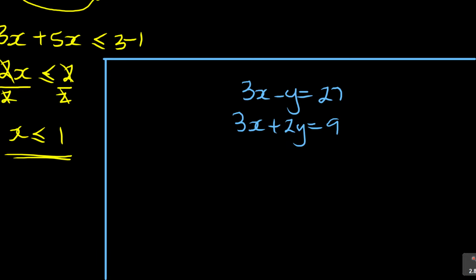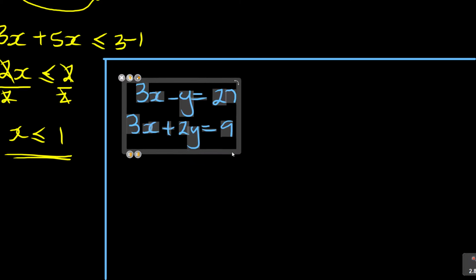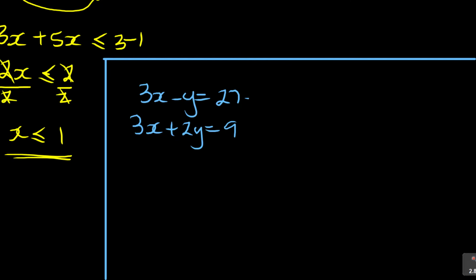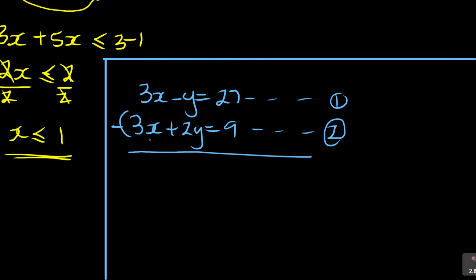So look at this. What do you do here? It's not complicated also. You have to say which one is what. So this is equation 1, that is equation 2. The good thing is, look at this, they are matching. So when they are matching like that, you don't have to struggle. You just roll off. You say, how can I get a 0? You subtract this equation 1 minus equation 2, such that you've got 3x minus 3x, this will go, and then you will have minus y minus 2y